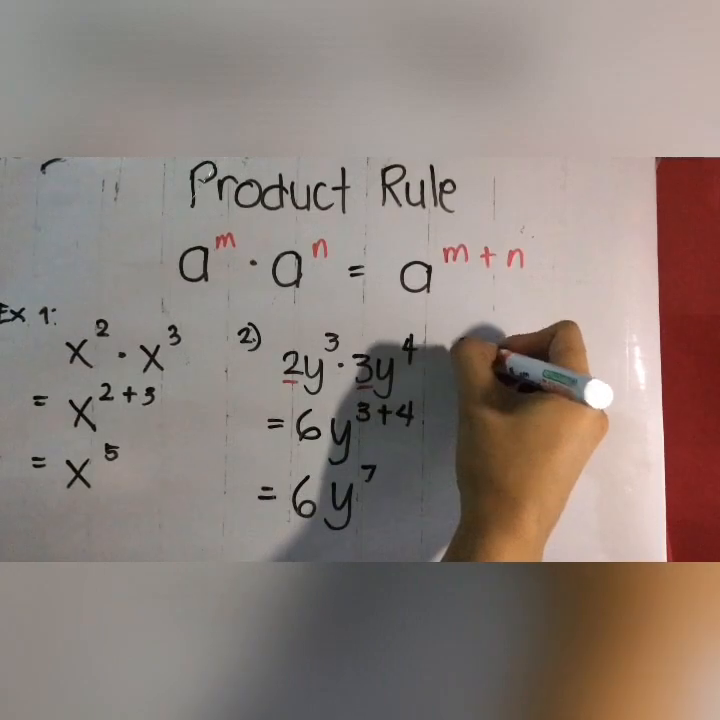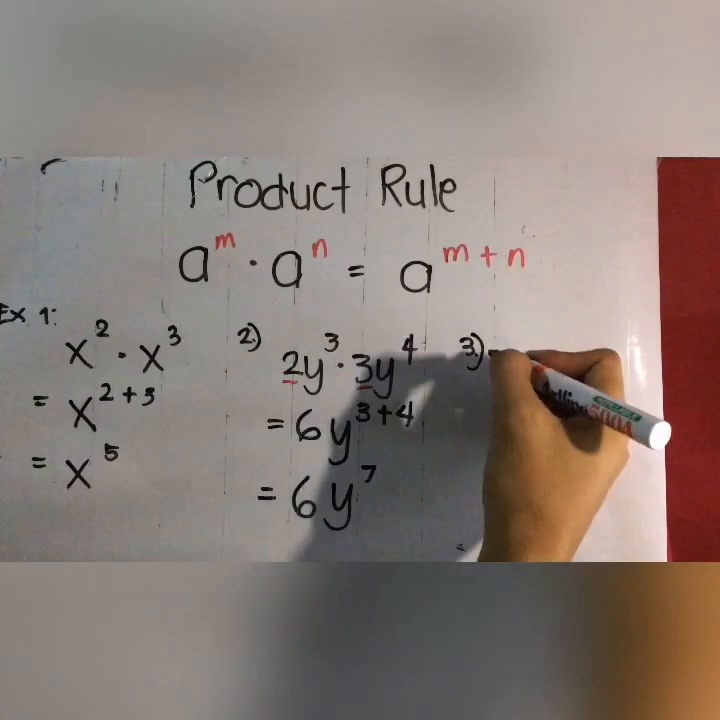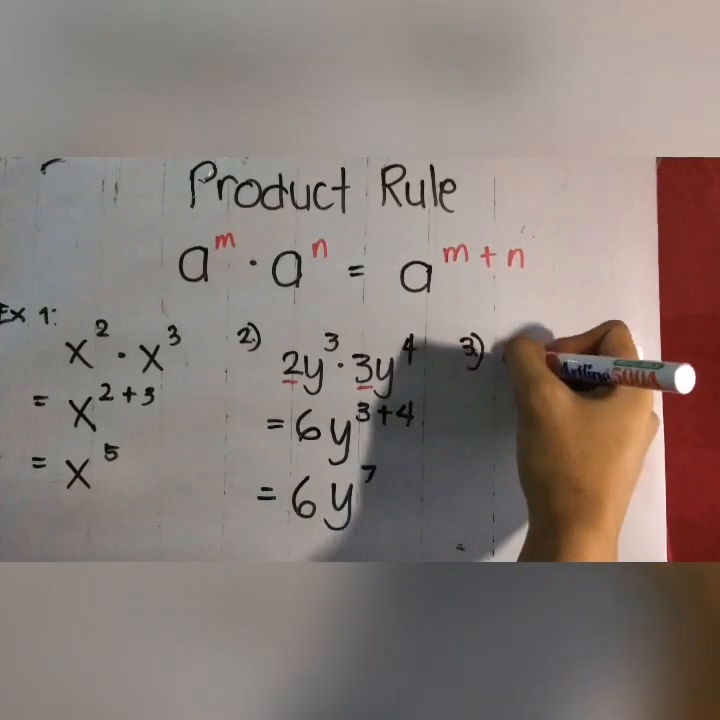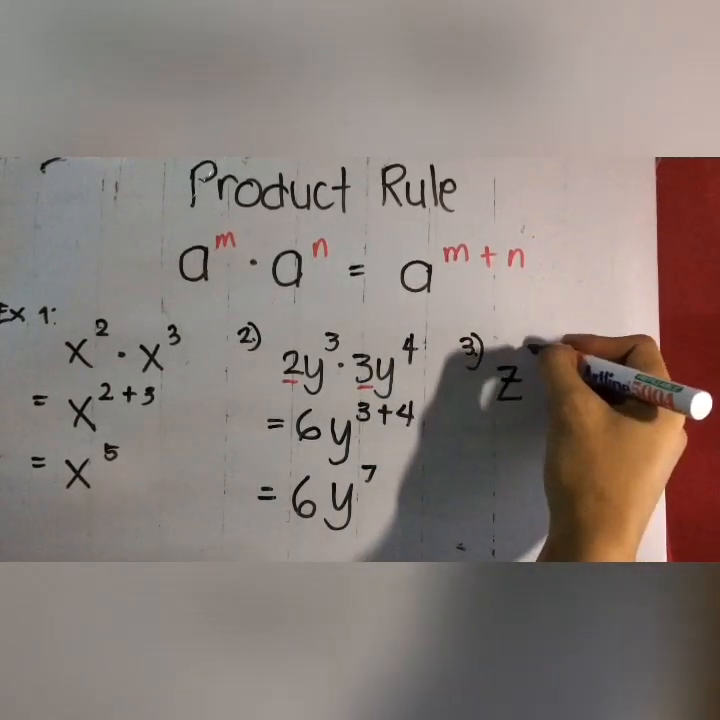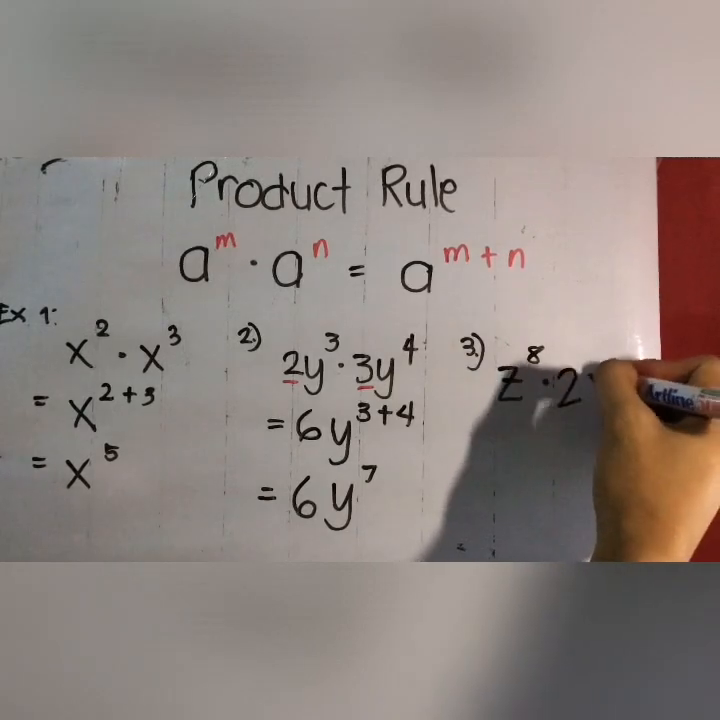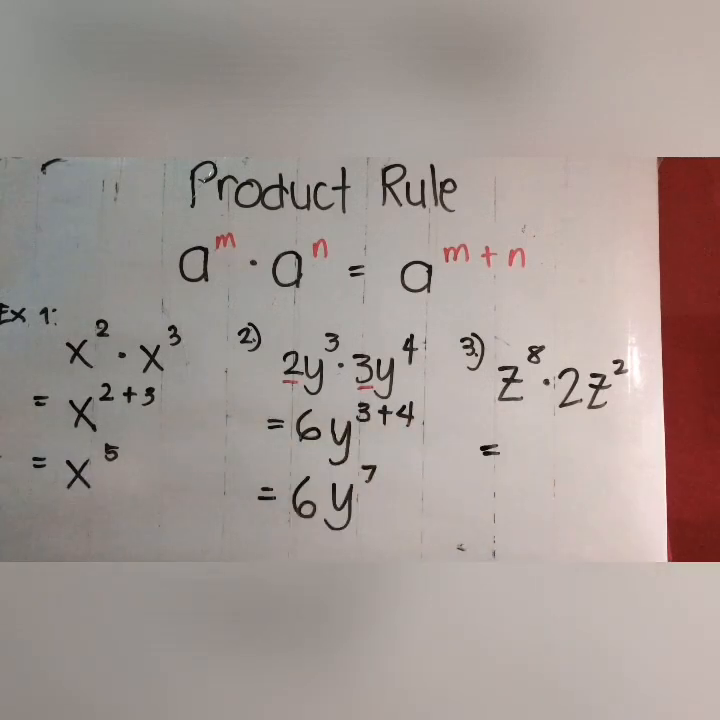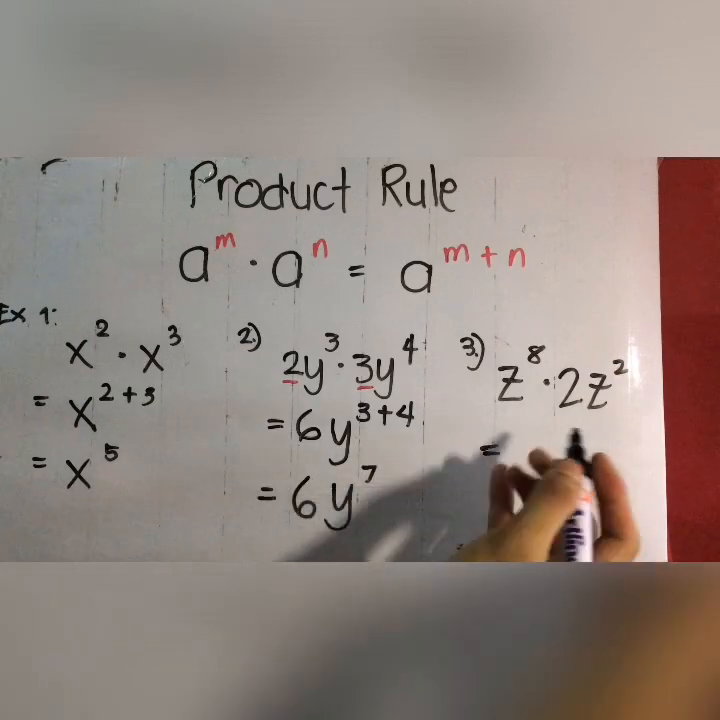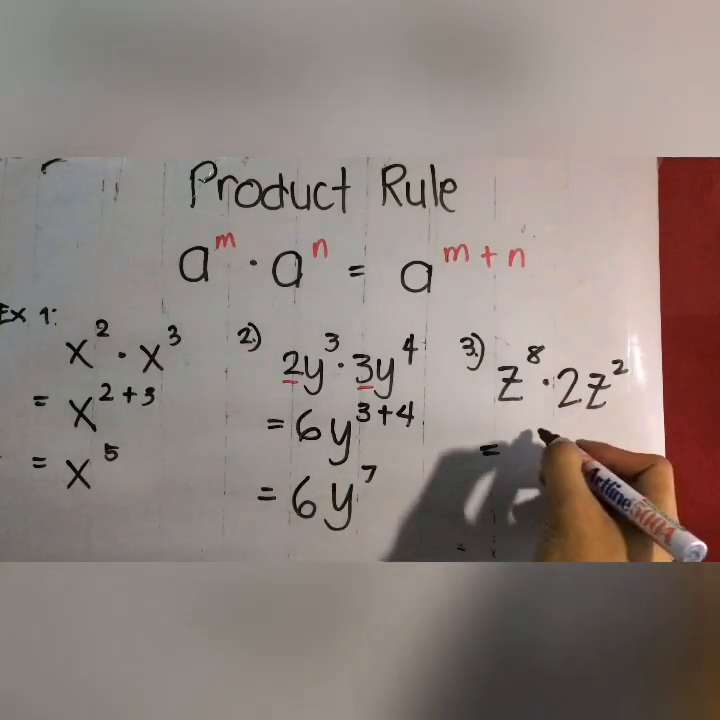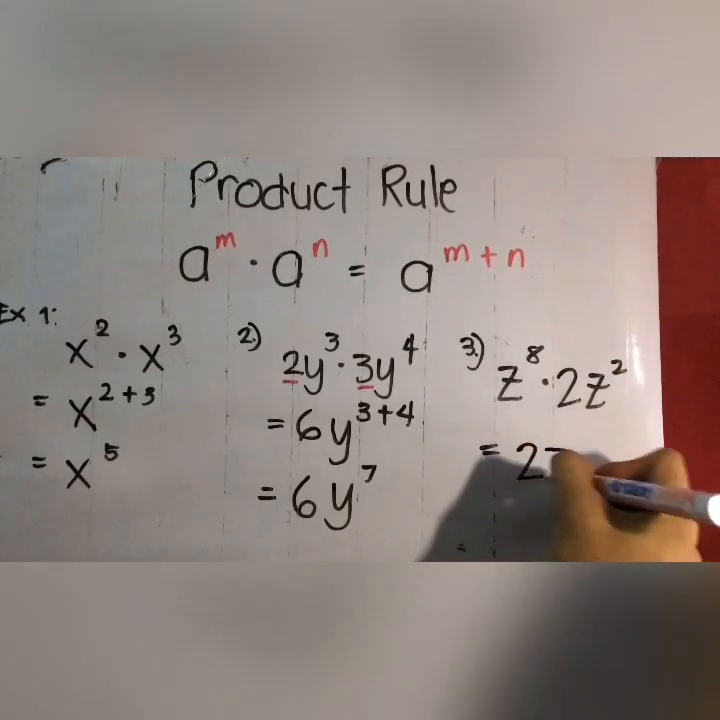I want you to try this example. We have z to the power of 8, multiplied by 2z to the power of 2. So what would be the product of the given expressions? Okay, so the product of these two expressions is 2z to the power of